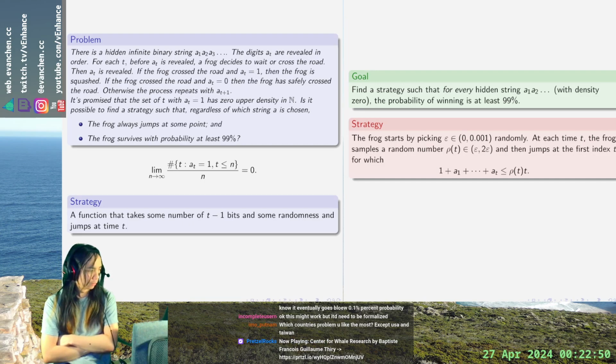Which country's problems do you like the most? Except USA and Taiwan. Well,